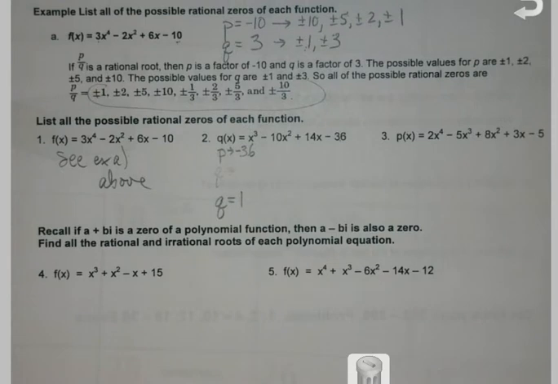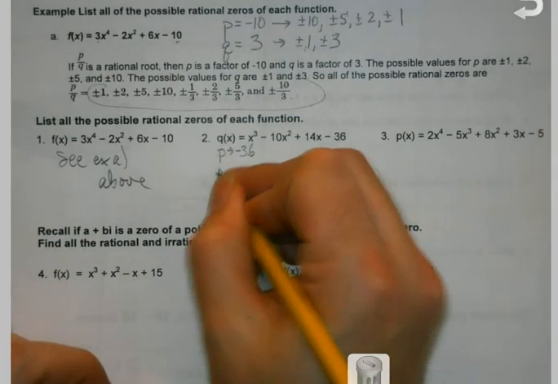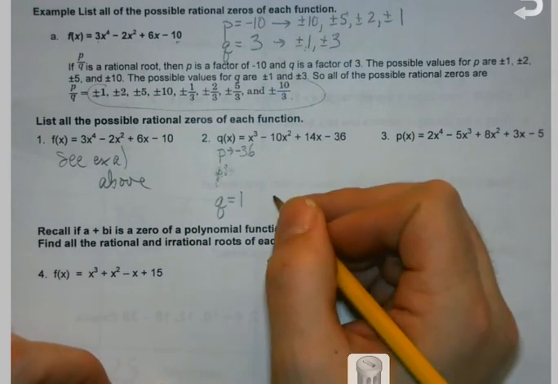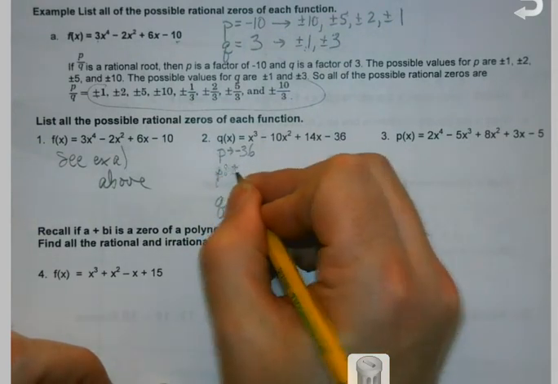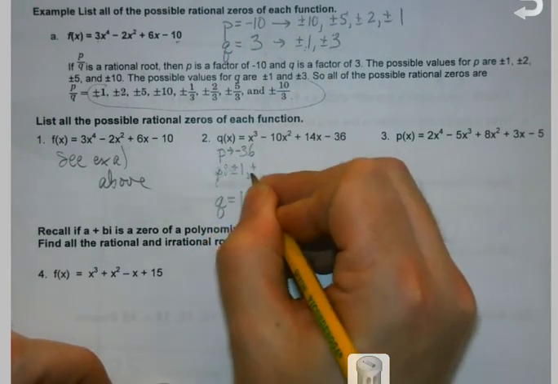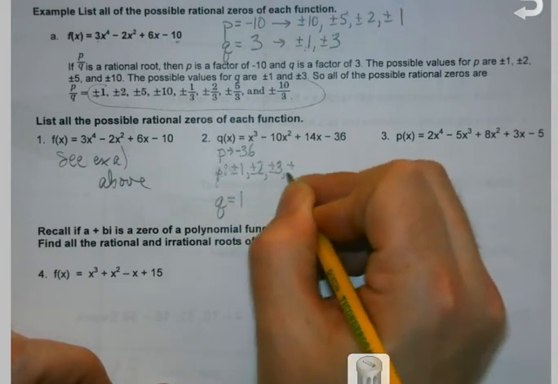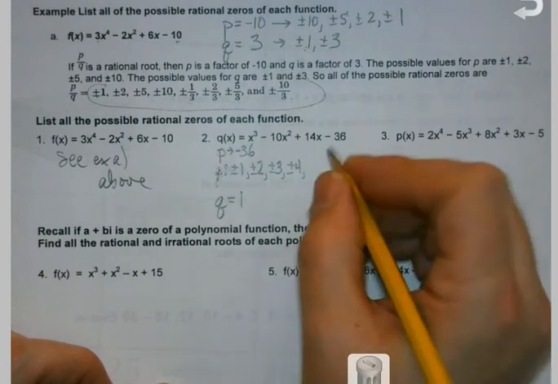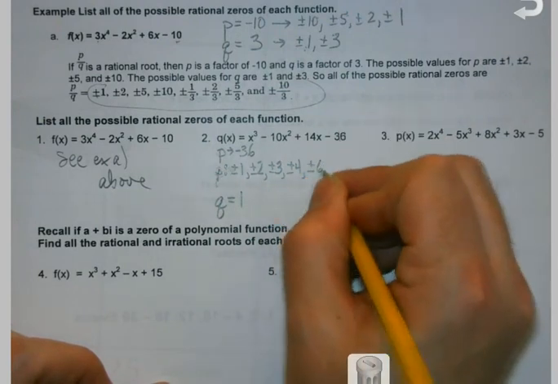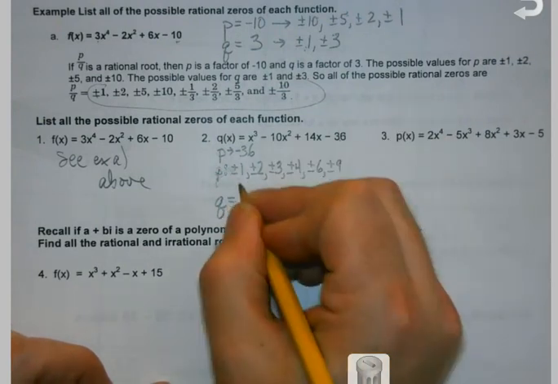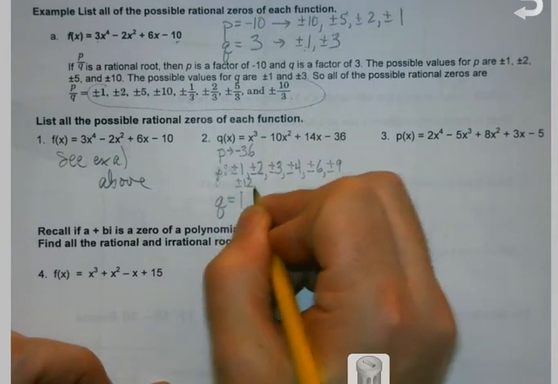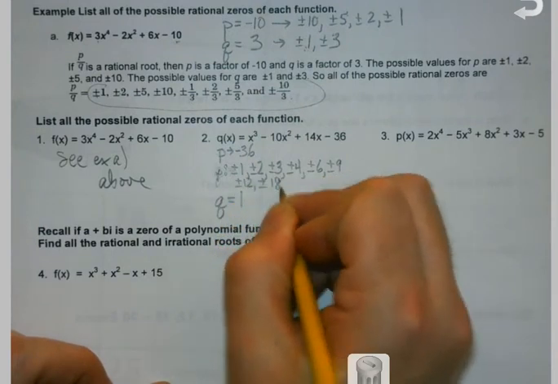So again, if this were back in the day, you're like, you really want me to write down plus and minus every factor of 36? Yes, because that's how we used to do it before we got smart. So you're like, plus and minus 1, let's see, plus and minus 2, oh my gosh, 3, 4 goes into 36. Hardy, couldn't you have picked like a prime number? Yeah, I know. 6,